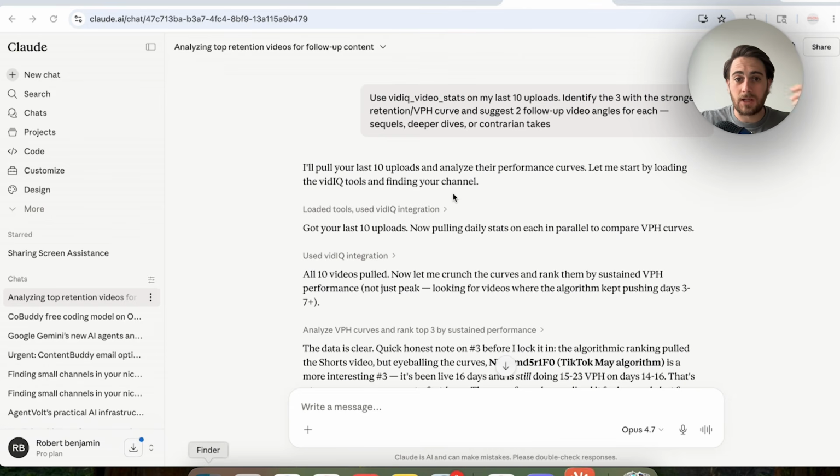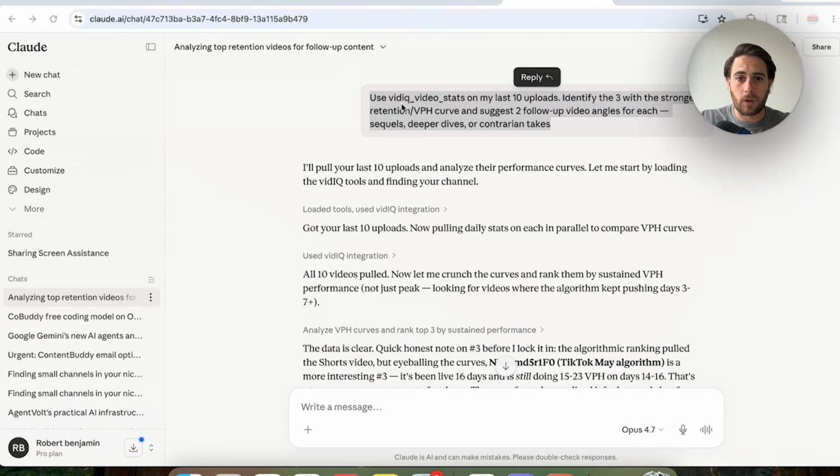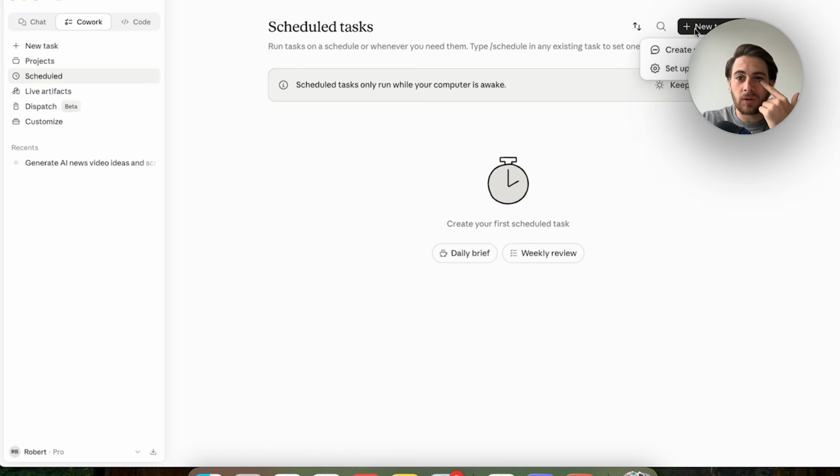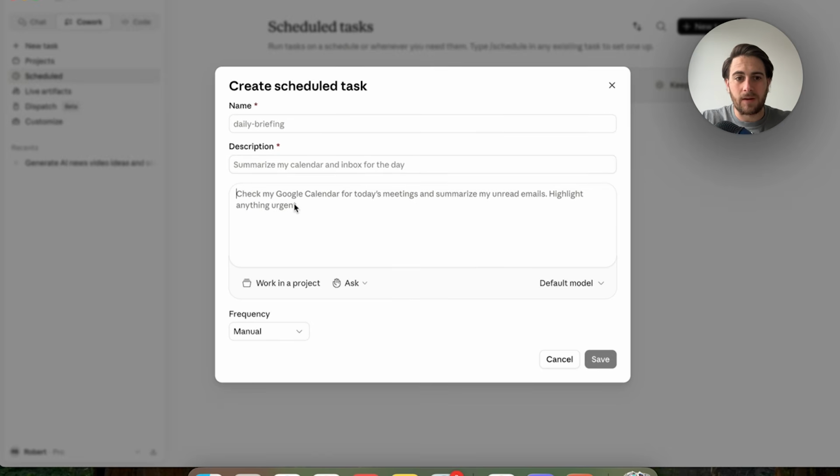It's actually incredibly easy. Here's what you do. You'll actually just take this right here, the prompt. You're going to want to copy it. We're going to open this back up. So we're going to grab this. We're going to copy this. Then we can actually come into Claude desktop right here, and we'll be able to come over into cowork right here, click on scheduled, click on new task. We could do set up manually right here,